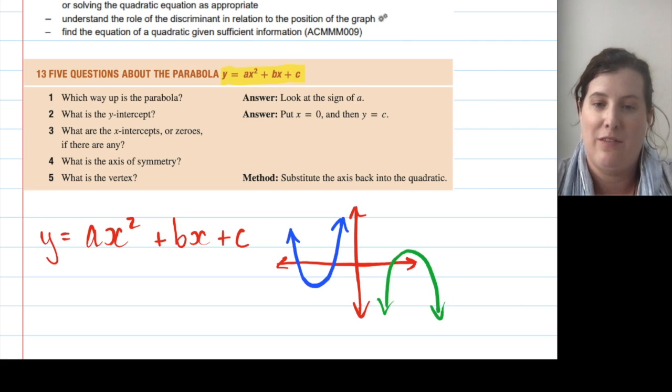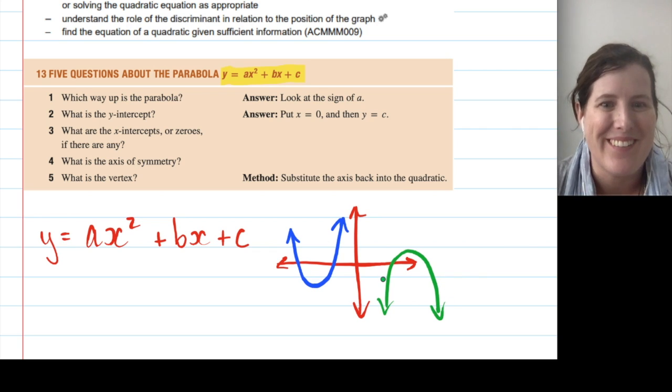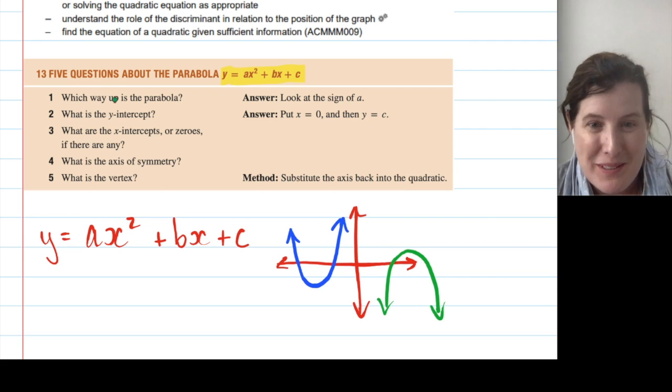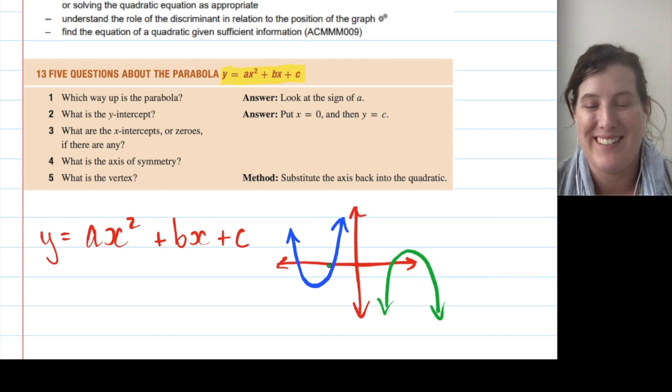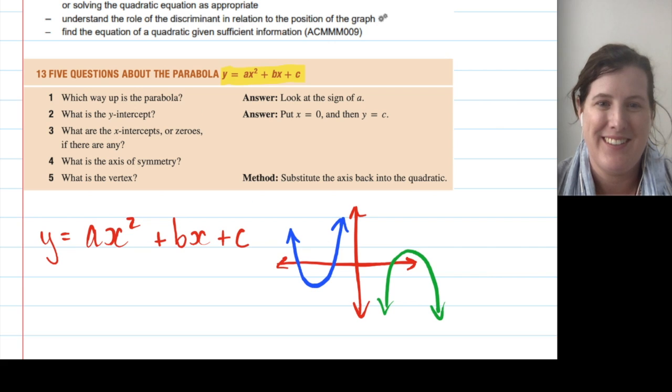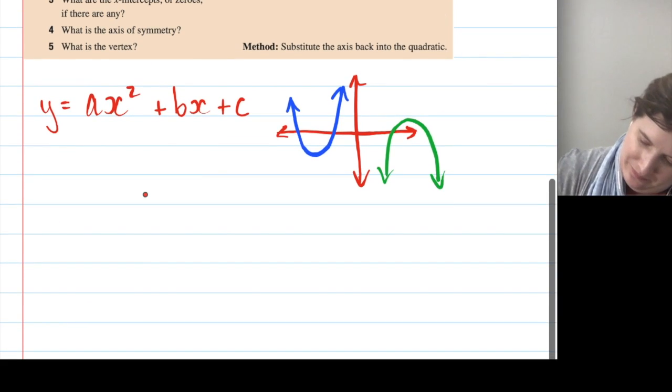I like to think of them as a happy face or a sad face, because to tell which way up the parabola is, if the number in front of the x squared term is positive, it's a happy, smiley face. So the first question that we're asking about a parabola